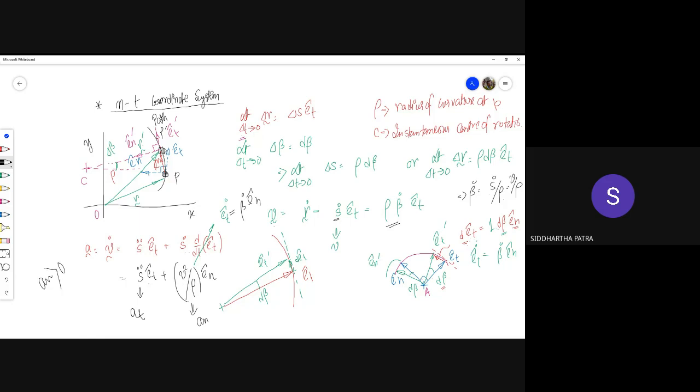But something tells you if you had taken en in this direction, you would get a negative an. That's why there is a convention on how you choose the unit vector along the normal. The unit vector along the normal should always point towards the instantaneous center of rotation. It should always be inwards. Okay, the normal vector should always be inwards. You cannot take the outward one. Which means that en is not in general k cross et.